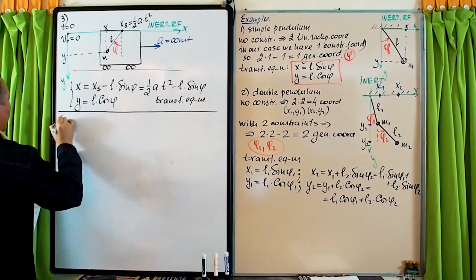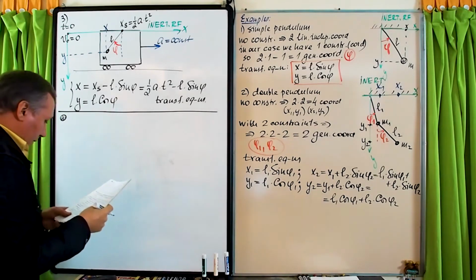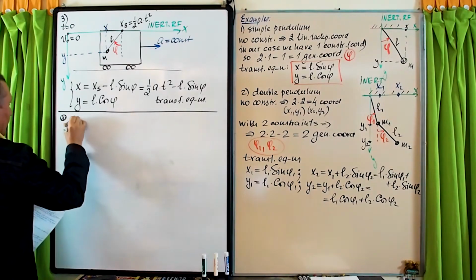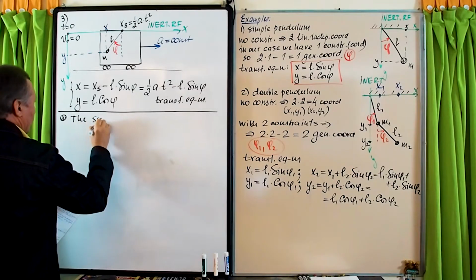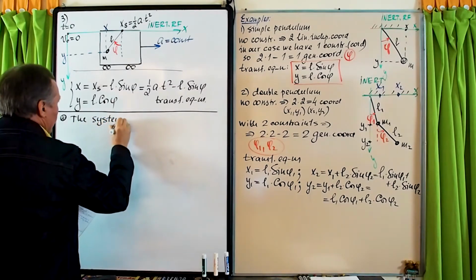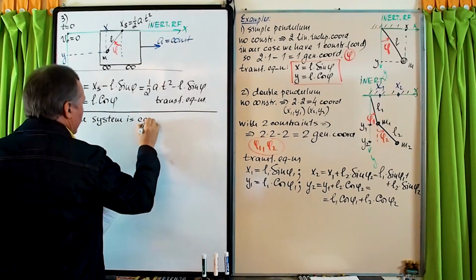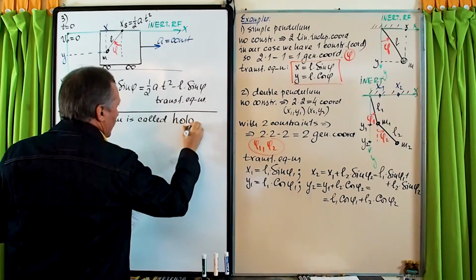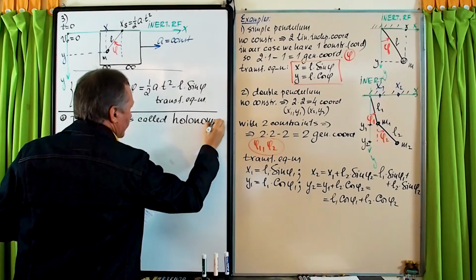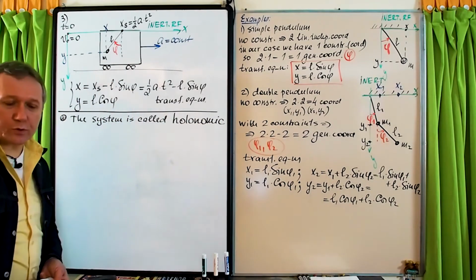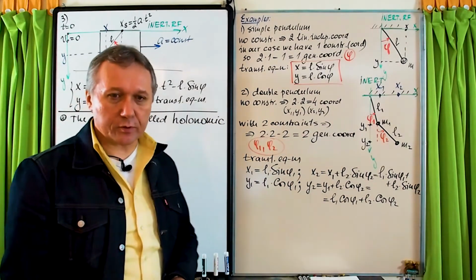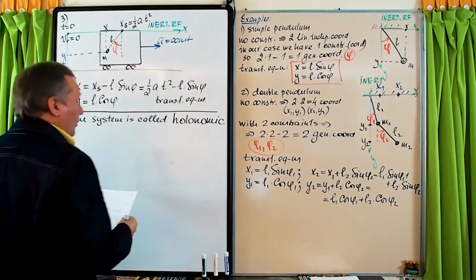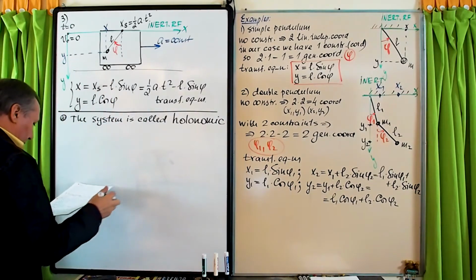And now I will put a new bullet. So the system is called holonomic. Again, it's one of those terms which it's better to remember because you're going to see it quite often. It's called holonomic if